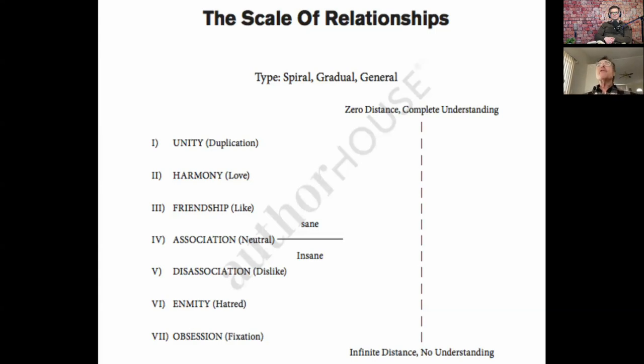I mean, in every election, I vote for somebody. And there's a person on the other side. I don't go around thinking that I hate that person or I dislike that person. I voted, the election is over, whether my guy won or lost, and that's it. It's over. So you're neutral. So that's level 4, neutral. So neutral, there's no insanity. You just have no opinion about it at all.